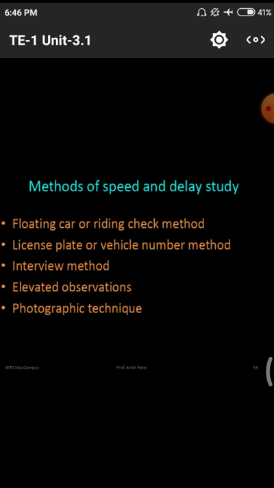Next one is the license or vehicle number method. We need to observe by using CCTV footage and other media. We have to note down the license plates fixed to the particular vehicle. After that, we need to go to our data books: what is the vehicle number, what is the phone number, the Aadhaar card and other things we need to check. And we have to collect some amount of fine, or in some cases we need to do some investigations. After that we have the interview method. By using these interview methods, we need to call those persons and do some investigations.